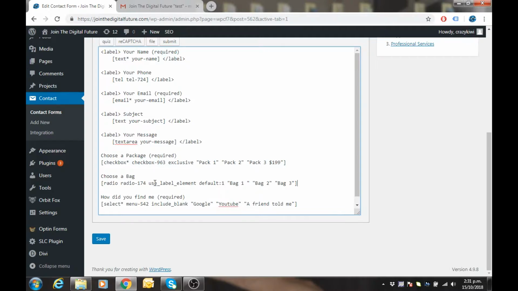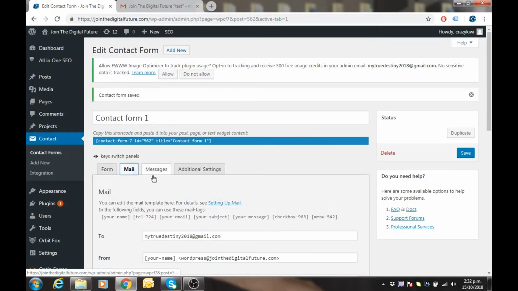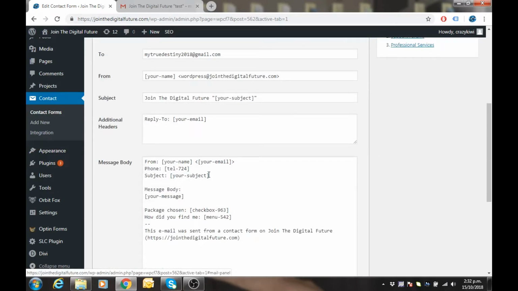And the next thing we need to do is take a copy of the tag, which is the radio 174, and we need to add that to the mail end of this form. And to keep it all in check and uniform,